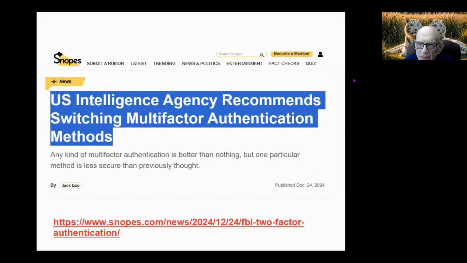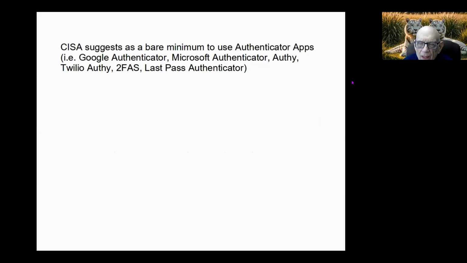Here's another disclosure: CISA talks about switching multi-factor authentication methods. You may not be aware that these are a lot of times using text messaging.